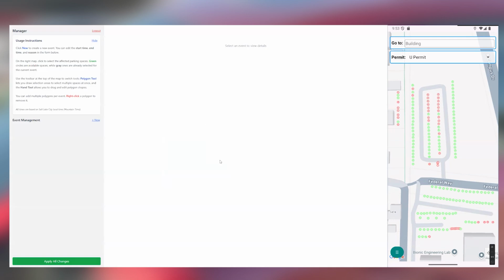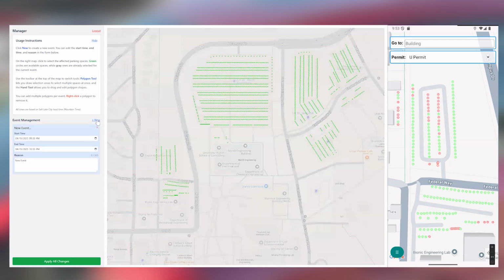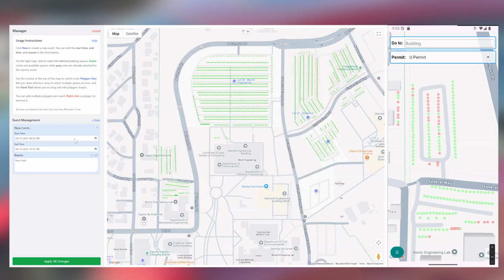After logging in, we arrive at the main interface, which is divided into two sections, left and right. On the left side, we have a log out button, which allows the manager to log out. And below that, there's a user guide for quick reference. Under the user guide, we see the event manager. By clicking the new button, the manager can create a new event by setting the start time and the reason